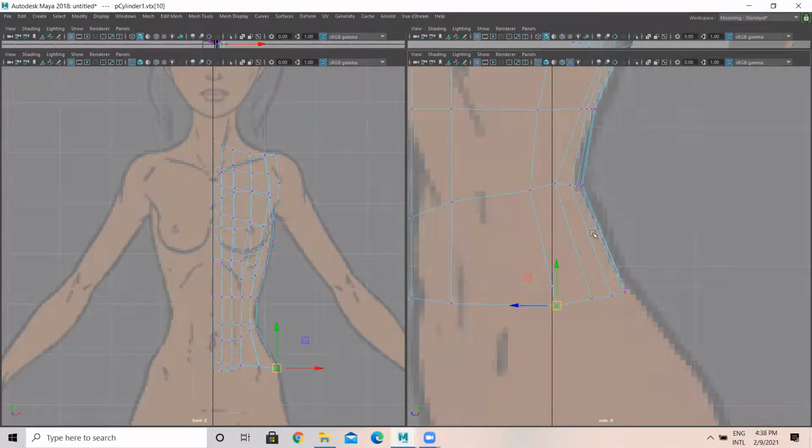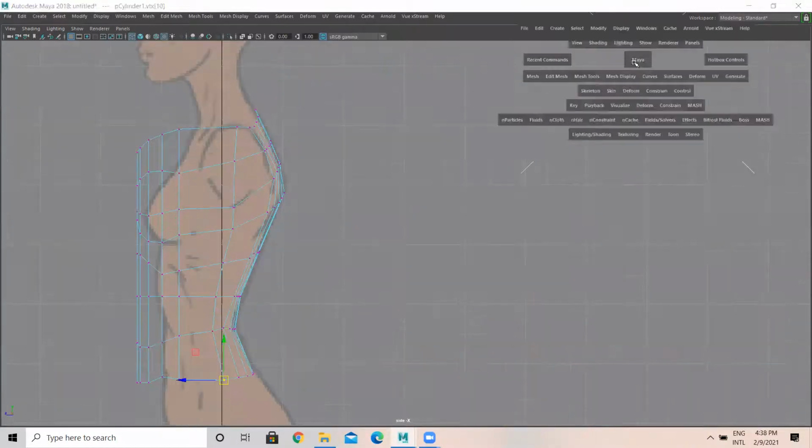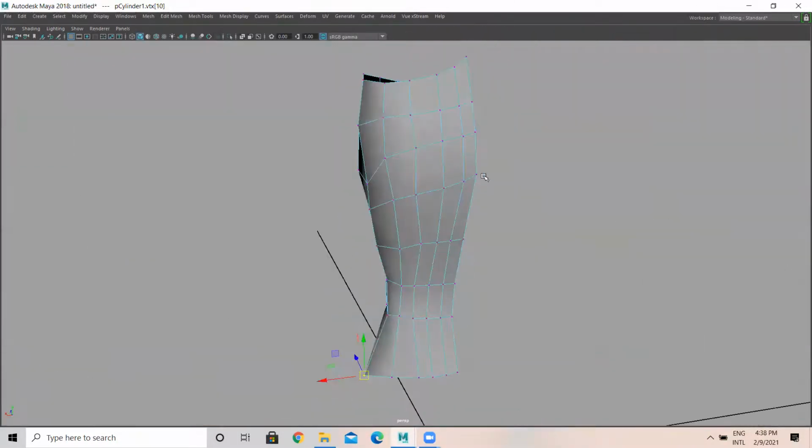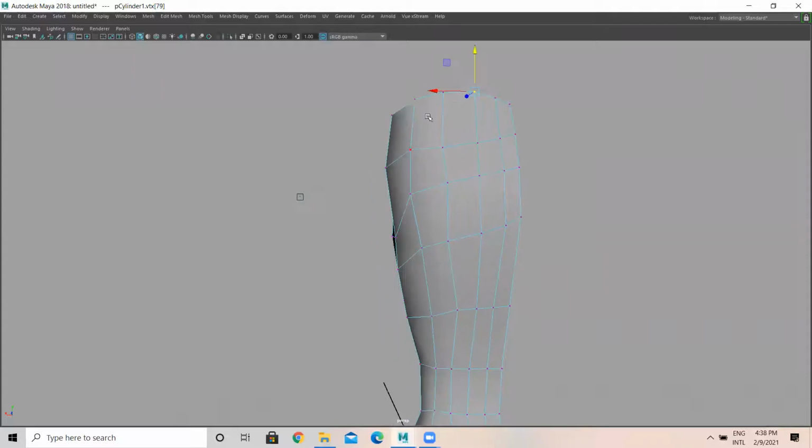Okay. So this covers the back part. Okay. I'll come to this perspective view. See, this is how the back part looks. But here, it should be like this, right? It should be something like this. And all the mesh has to be like this.